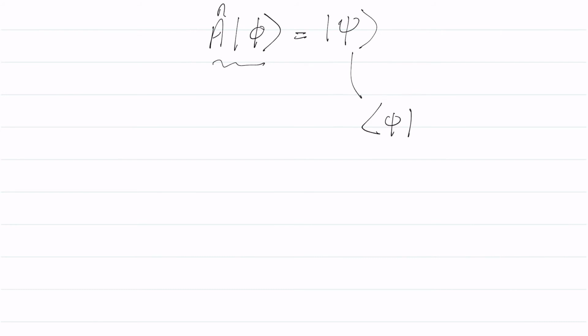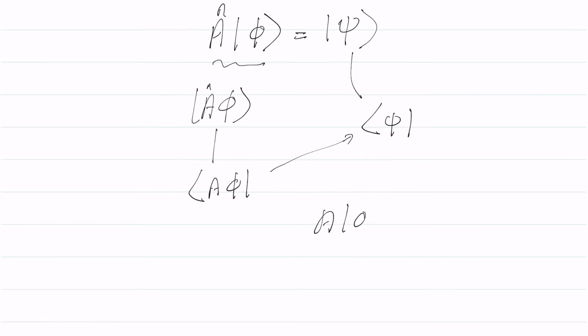So if you have a notation A ket phi as A phi, the dual will be bra A phi. So that is the same as this one. As an operator, what happens when I take A phi from the ket space to the bra space? The ket phi will become bra phi and A will become A dagger. This A dagger is nothing but the adjoint operator of the operator A.